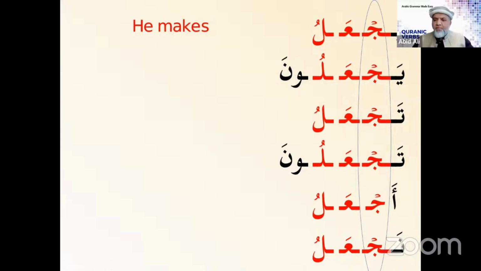So in the fi'l al-mudari, the important thing to remember is the harf ya, as an alamat, as a sign of mudari, that is for third person. The ta for second person, alif for singular first person, noon for plural first person. At least this much is clear. Show of hands.